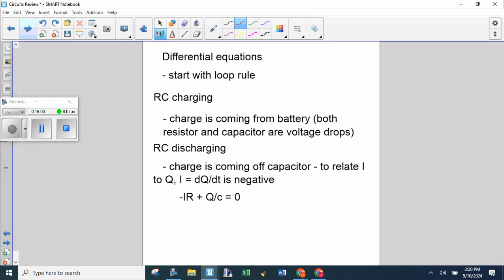And I would expect a free response where you have to do something. Okay? So the differential equations, you're always going to start with a loop rule. You always start with Kirchhoff's loop rule. You draw the circuit, you go around one loop, whether it's an RC charging or an RC discharge, whether it's an LC circuit, you're going to do a loop